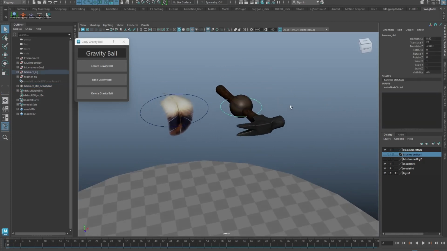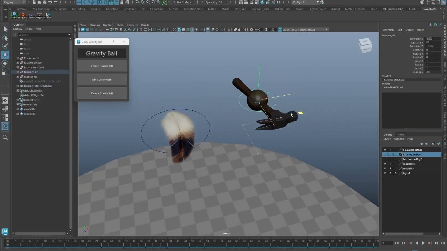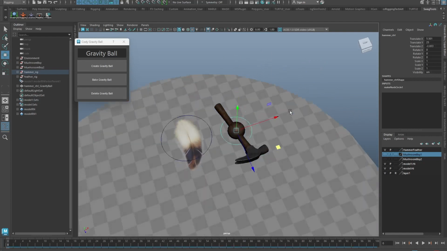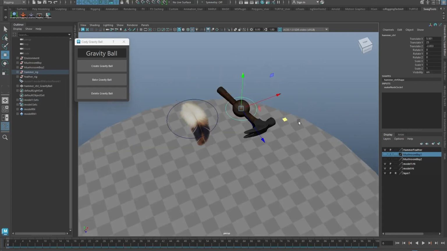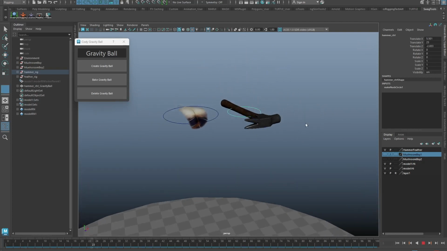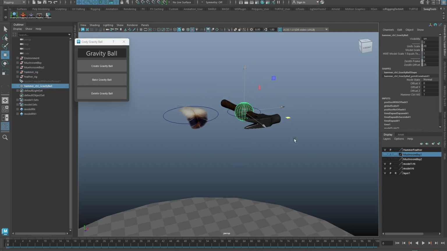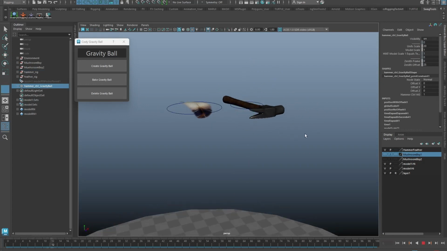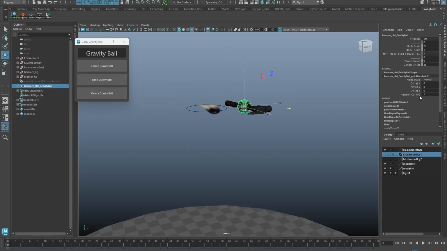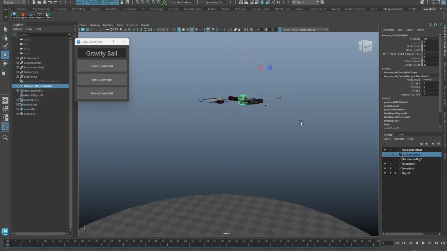Also, just a note that the gravity ball is constrained to what you have created in the X and the Z, just the Y. That is going to be controlled by this rig. So there we go. Step 2, we've modified the attributes here so that we have it looking how we want